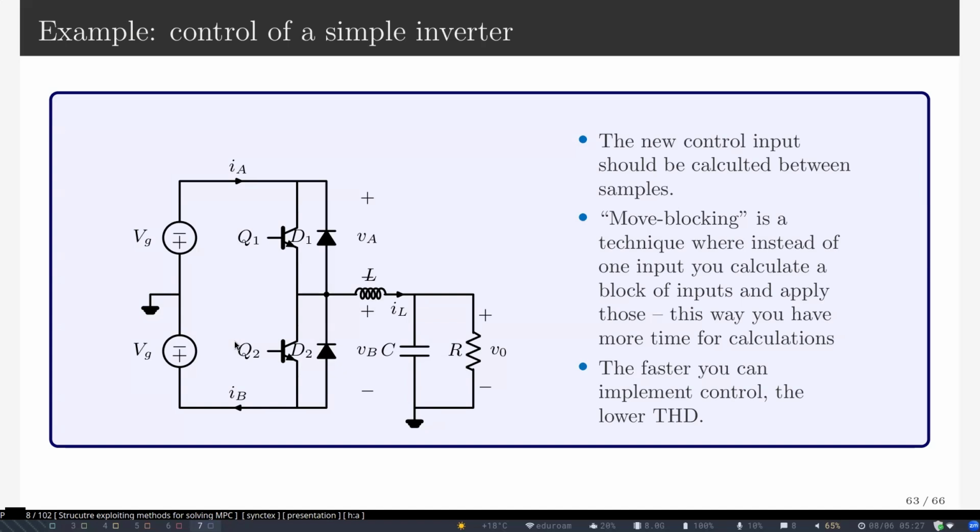What is the input? It's D. No, the input VG is the source of the circuit. So again, what's the meaning of input to a system? D is the input, but it looks a bit weird. Right? So this is what a hybrid dynamical system would look like. Sometimes the input sits somewhere there. Now, to make it tractable, what do people do?